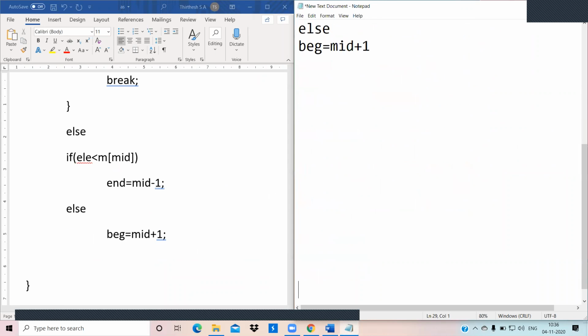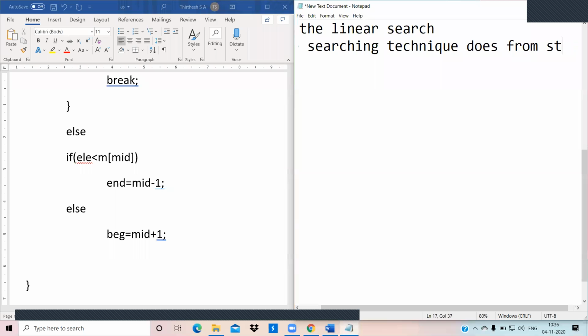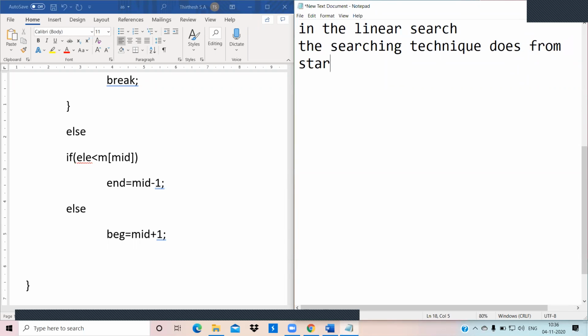Mainly, what does a linear search do? In a linear search, the searching technique goes from start to end. So for example, if you have 45, 55, 65, 75 and 85